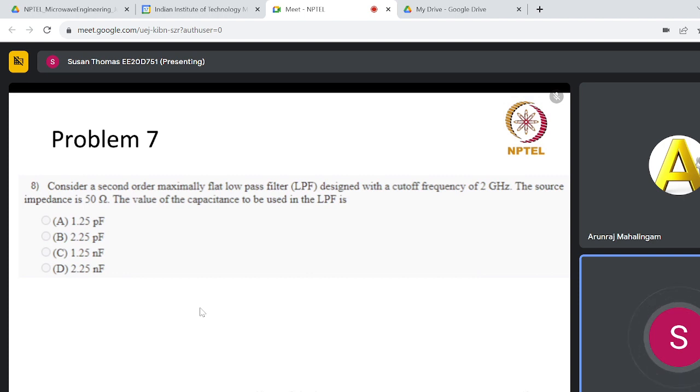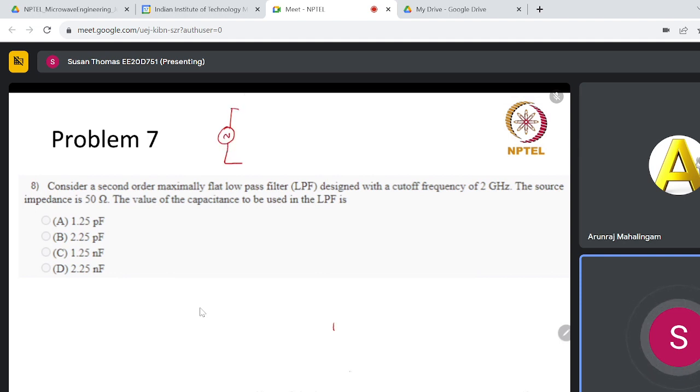filters. How to design the filter, say in case of a Butterworth, a maximally flat Butterworth filter. Say if it is being told that the order is given and the cutoff frequency is given, then how do we design the components, that is the L and C components required. So to start with, let me just give you a brief idea of,